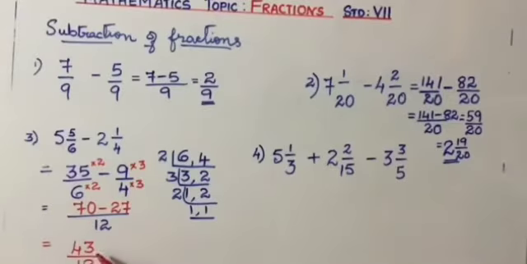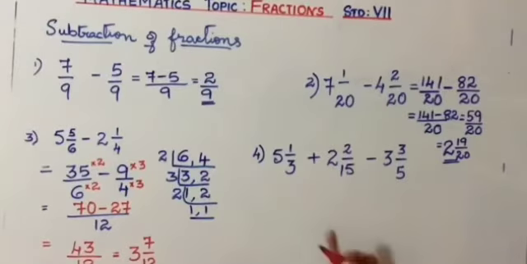Now again you can see here, try to simplify. If you cannot, you have no choice. You have to convert it into mixed form. So 12, if you want, you can divide also, but even without dividing, if you can guess, that's fine too. So 12 3s are 36. You are left with 7 by 12. Clear? Check your answers. So it's similar to addition. Only thing is we subtract the numerators. The rest is all same. Finding LCM is same, simplification is same, conversion into mixed form is also same.